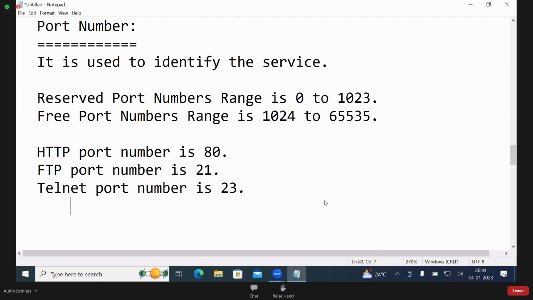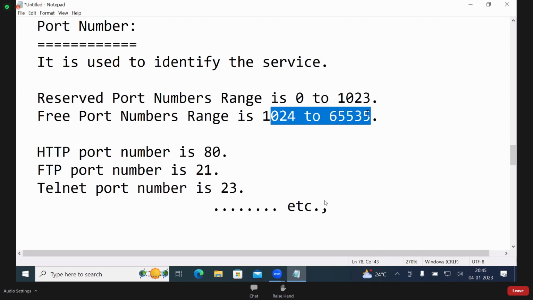Okay. SMTP too. For every protocol, one service, one number. Every protocol has one number, like 80, 21, within 0 to 1023. If the number is within this range, you cannot change it. You should not change it. If the number is within the free range, you can change it.